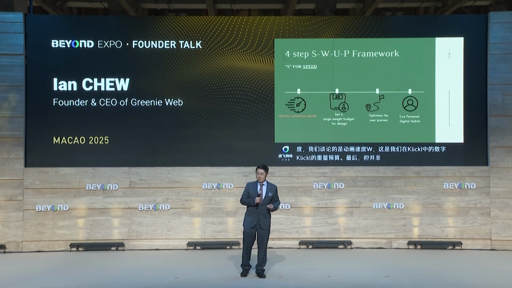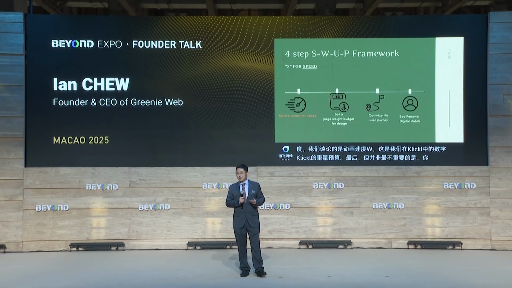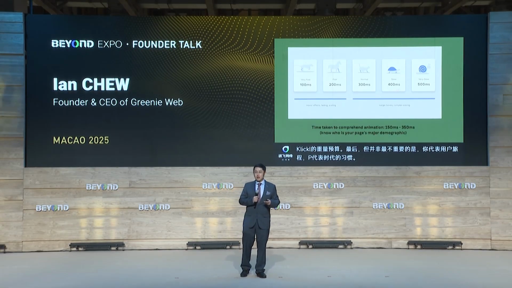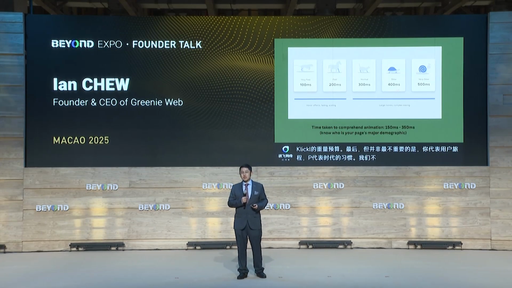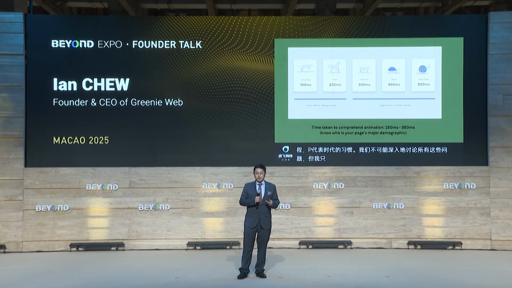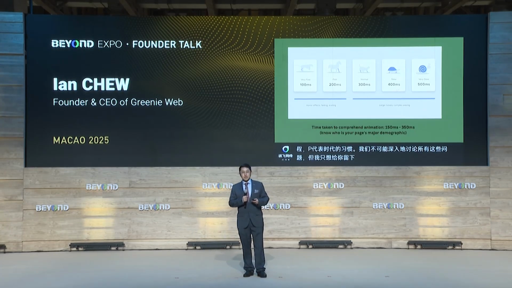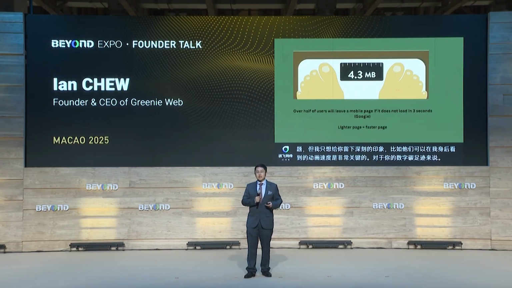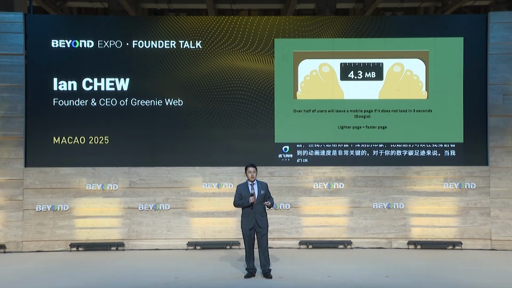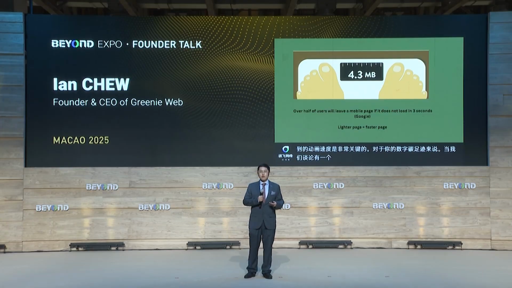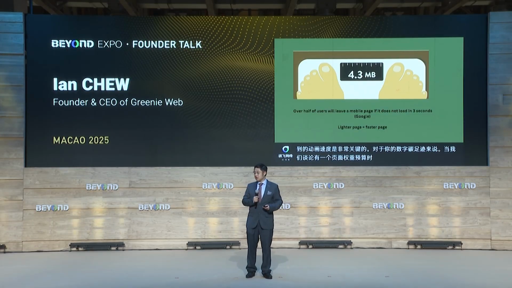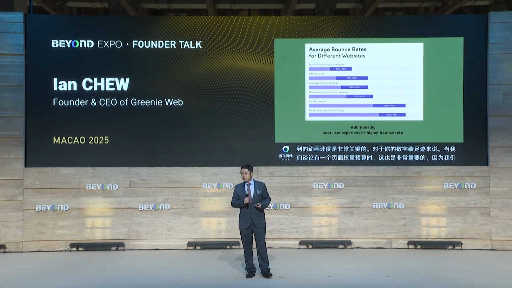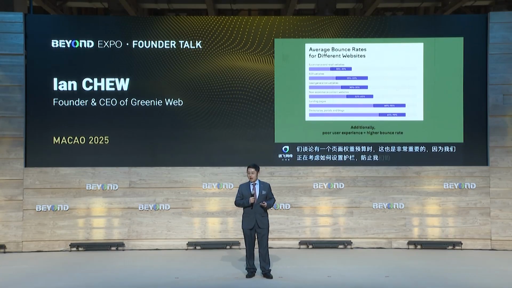In the interest of time, we're not going to be able to go through all of them in depth, but I just want to impress upon you that things like animation speed that you can see behind me are very critical for your digital carbon footprint. And when we talk about having a page weight budget, it's also very important because we're thinking of how we can set guardrails and prevent overbloat for our digital space. In terms of user journey, it's also the same concept.